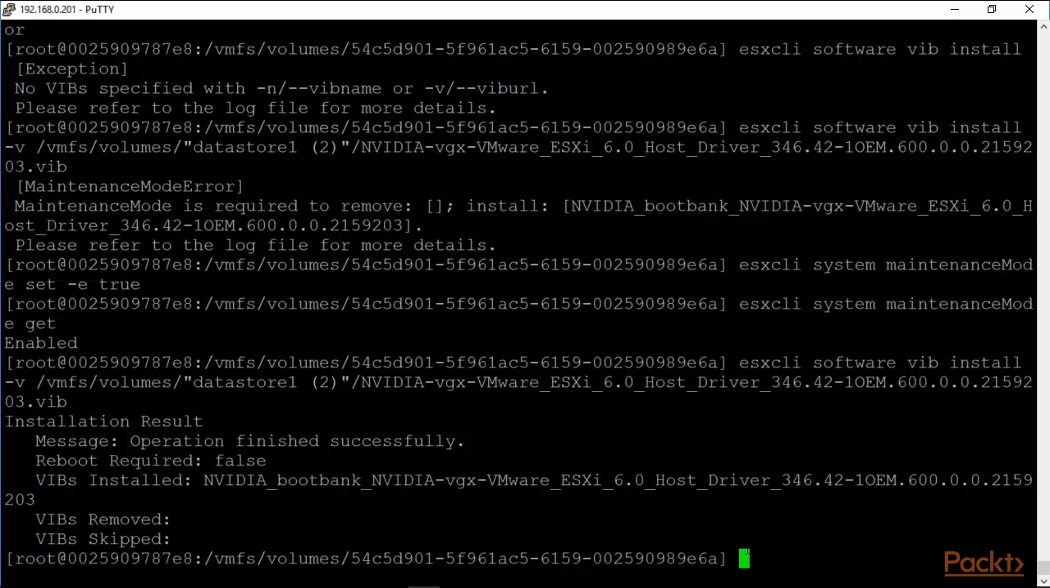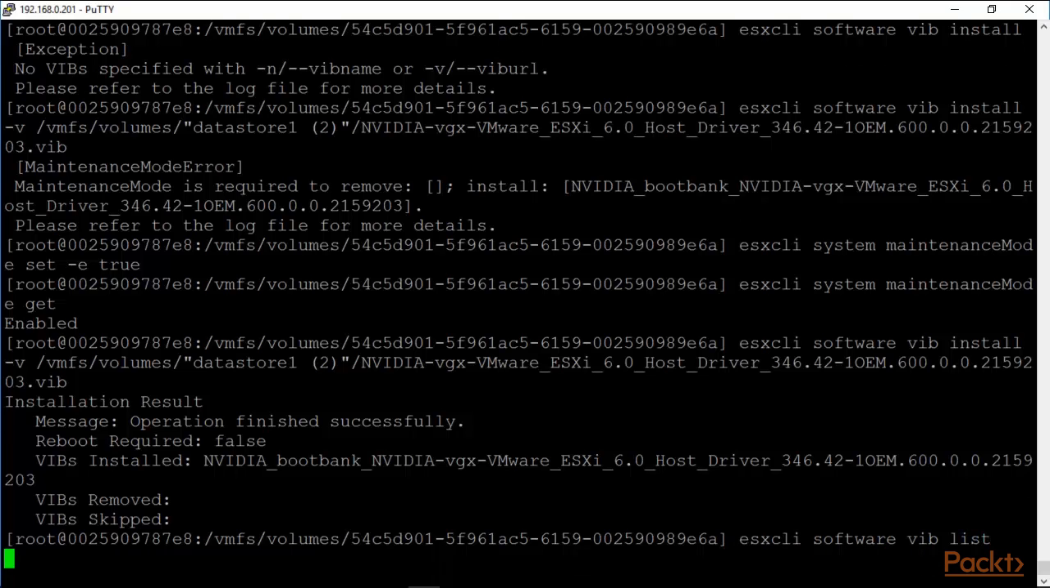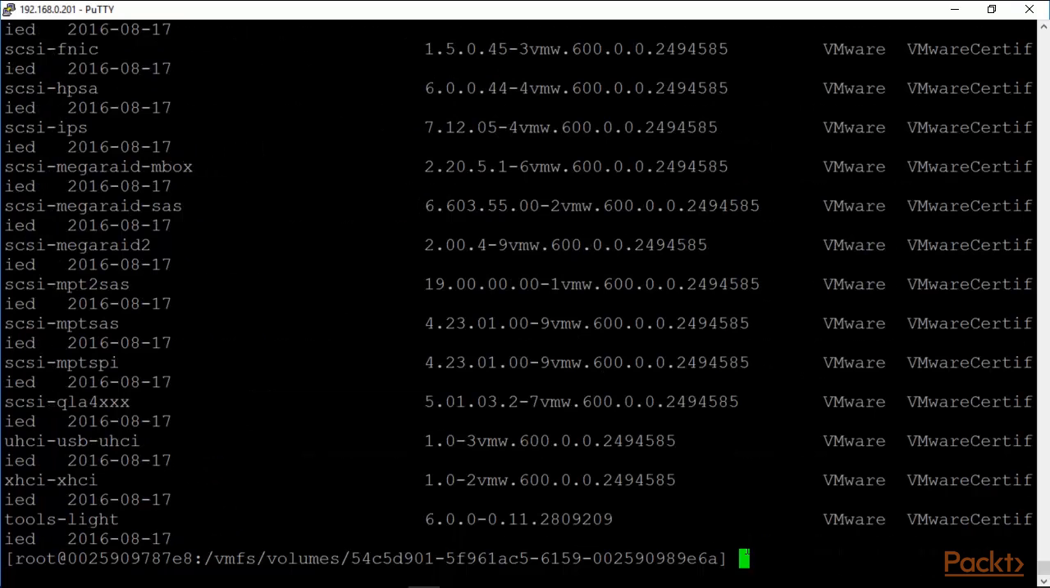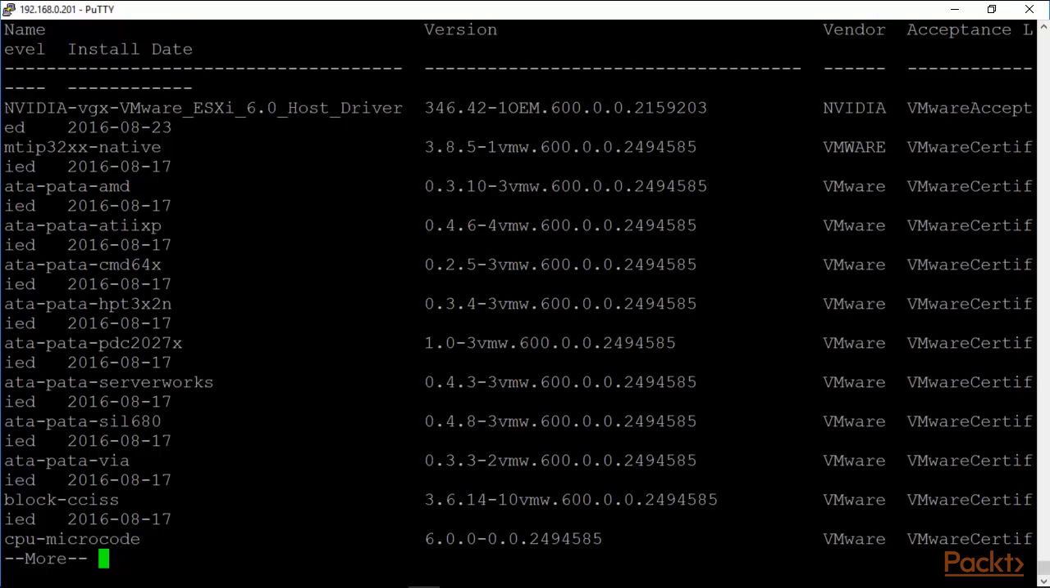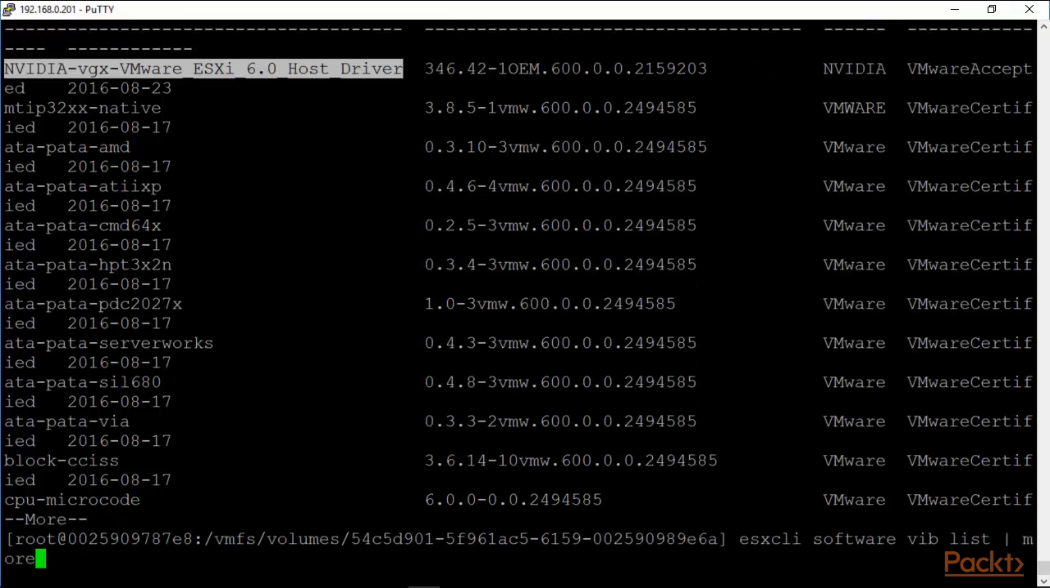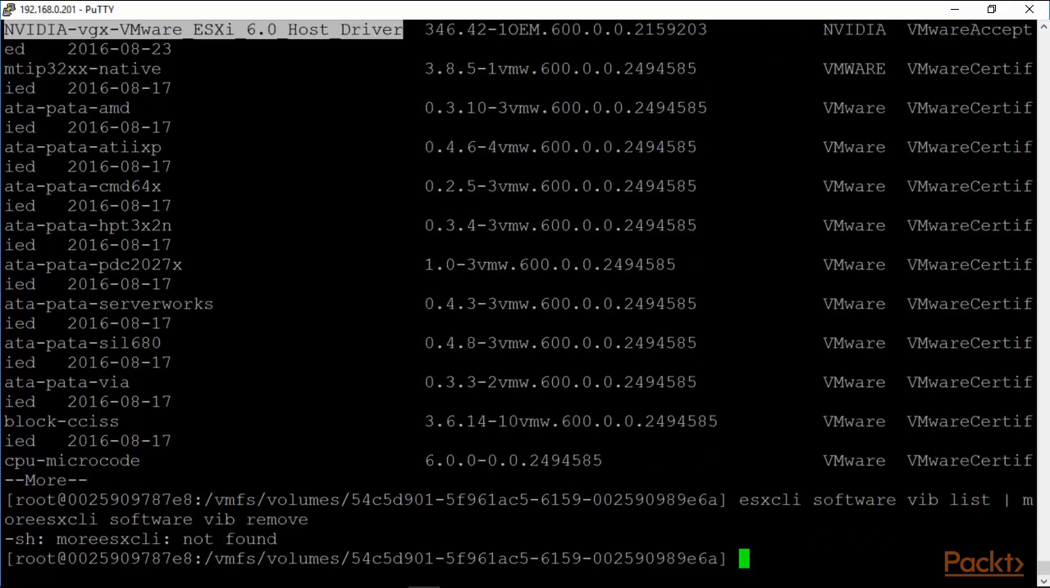We can do an ESX CLI software web list, and we should actually do it with a pipe to more. So I retrieve it, and you will see the web up here at the top. Now I have selected it for one reason, which is that I want to now show you how to remove it. ESX CLI software web